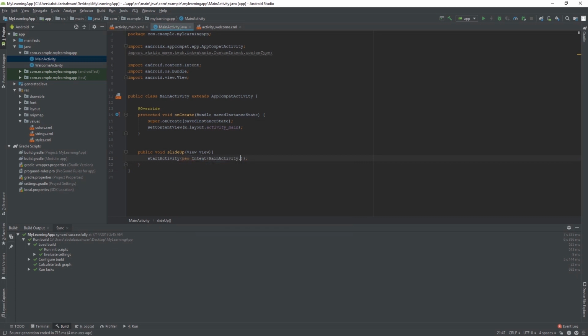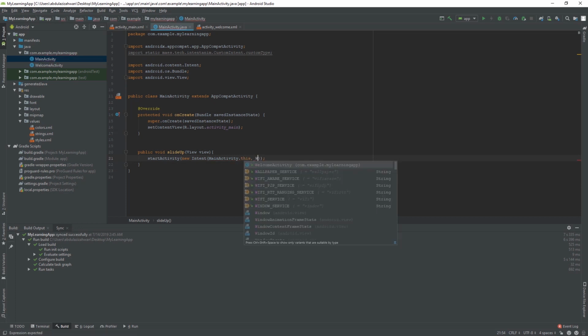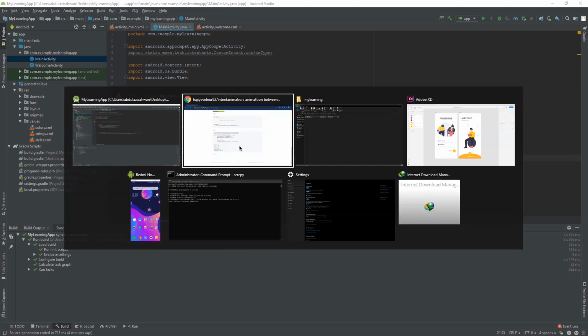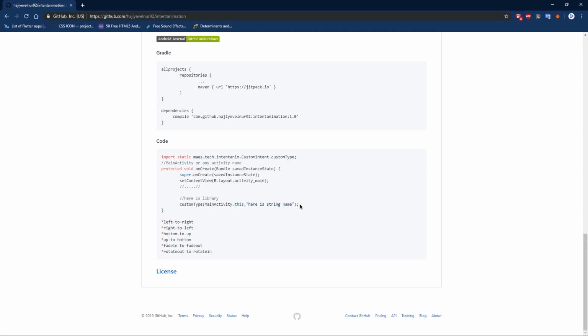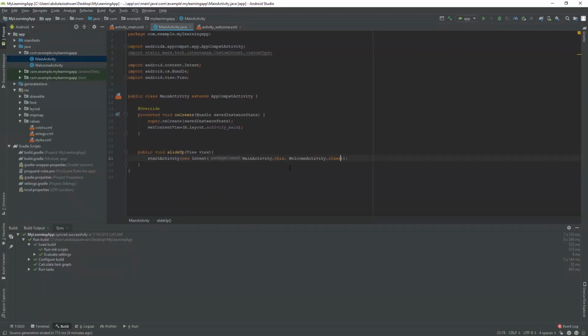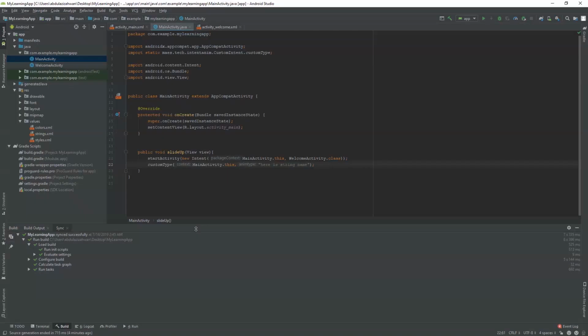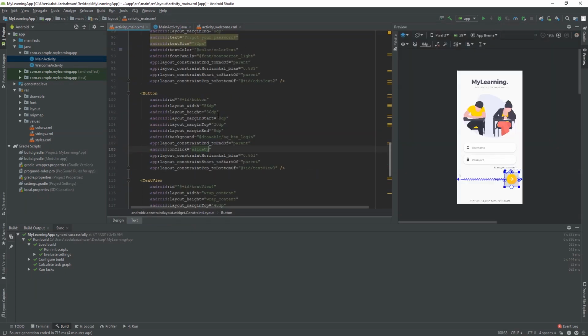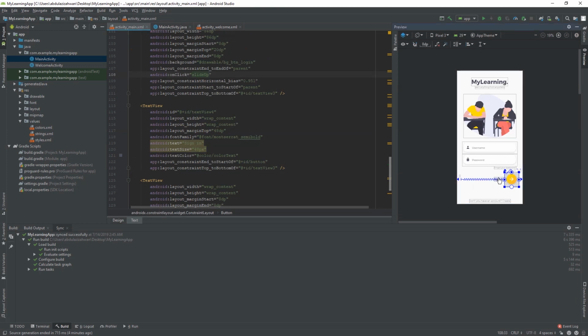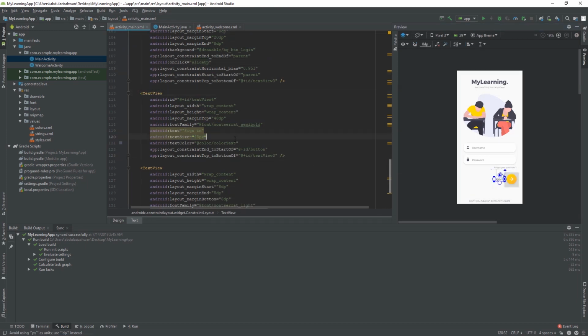And then MainActivity.this, and the last the SecondActivity.class, and we need to call this and we need to copy bottom to up, replace this, we can add this. Okay,